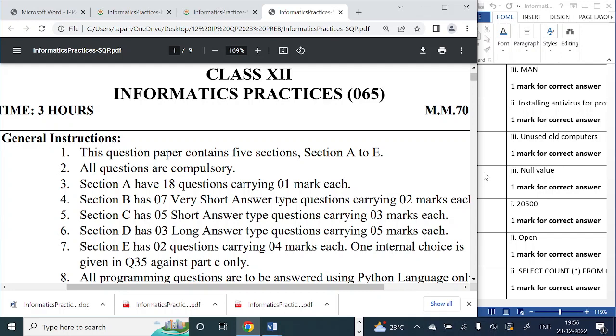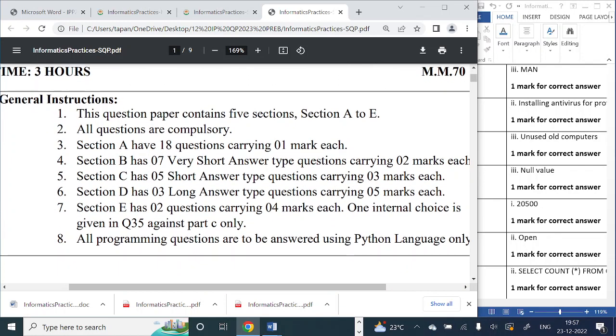Hello students. Now this is the question paper which CBSE has shared with you. In CBSE Academic you can see this question paper of Informatics Practices. This question paper contains 5 sections, section A to E, and in the first section you have 18 questions of